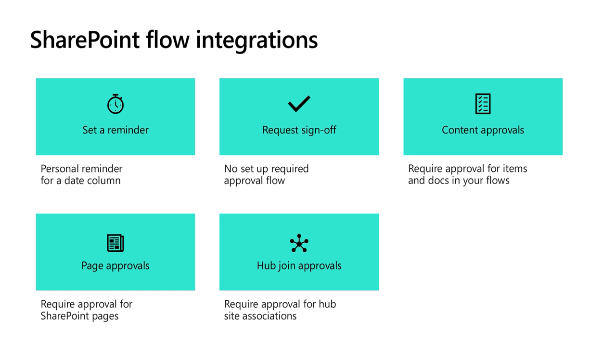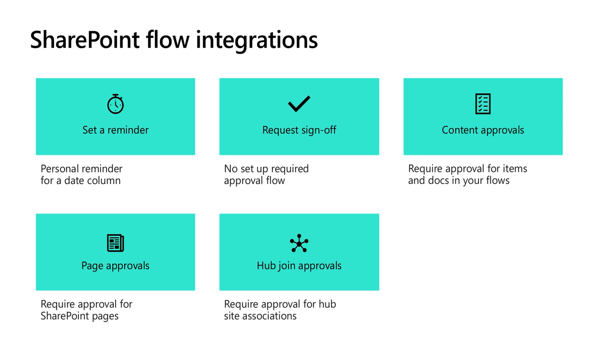So thinking about all the things that I can do on top of my libraries and lists, we talked a little bit about some of the out-of-the-box integrations that we have. Being able to set a reminder, we showed an example of that. Request sign-off is a way to get a lightweight approval. For more formalized publishing approval, we have content approvals. If you have news, pages, or documents where you want an affirmative sign-off that makes something the latest version of a document rendering, Flow also is supported directly inside of the box.